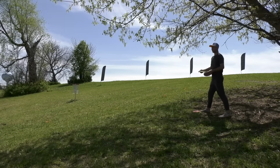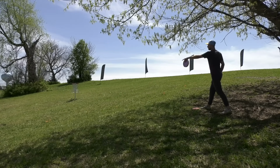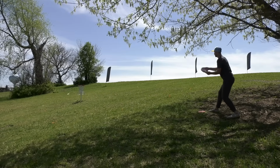My first one got caught up in the wind through the Force, a little bit short. They actually moved this basket back. So the basket used to be like right there. So they moved it another, looks like 20, 30 feet back. So, drop. Ooh, so,